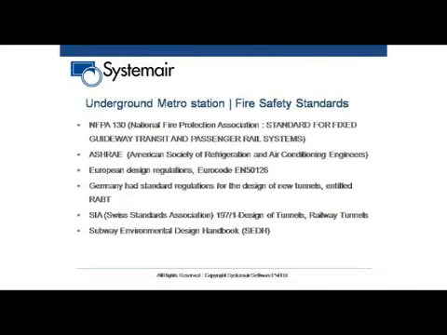Apart from that, EN 50126 is a very good standard which is more followed in European areas. NFPA is more US-based. ASHRAE, Germany had a standard known as RABT, and there is a Swiss standard, but all the standards talk about the same thing and give more or less the same calculations. So here we have the